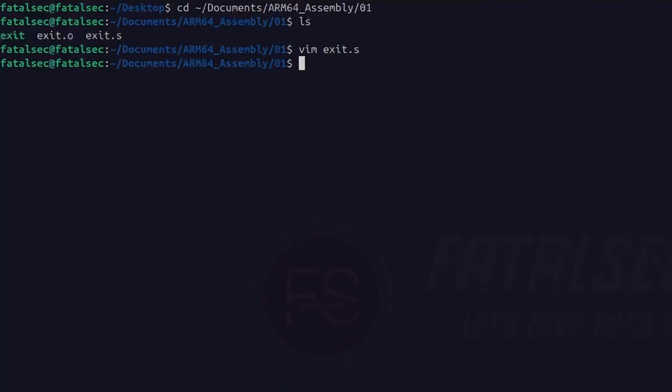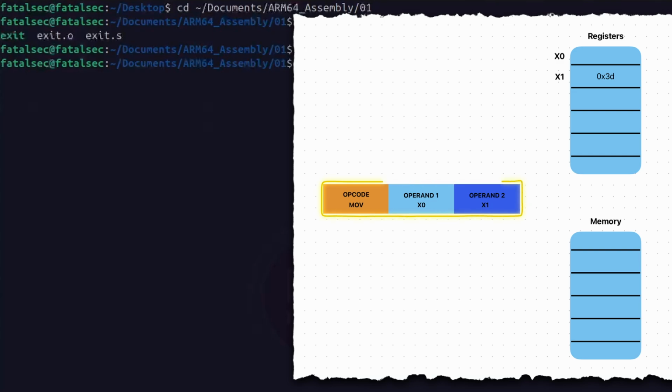Similarly, we can use this move instruction to move values between two different registers. For example, consider this move instruction: move x0, x1. Here we are moving the value of the x1 register into the x0 register. This is called register direct addressing mode because here we are moving the value directly from one register to another. So for example, let's assume that the x1 register is containing hex 3D. Now can you guess what will happen when this instruction is going to be executed? Yes, the value present in the x1 register, which is hex 3D, will be stored into our destination register, which is